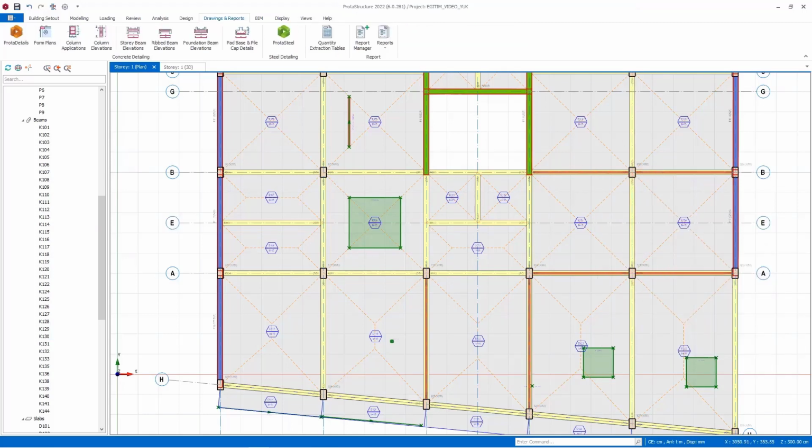In this video, we discussed how to define the load on the members using the load editor. As I mentioned before, ProtoStructure automatically calculates all vertical and horizontal loads and affects the structure. With the load editor in ProtoStructure 2022, it has become much easier and more enjoyable to define the loads you want to the members in the load you want and in the direction you want.